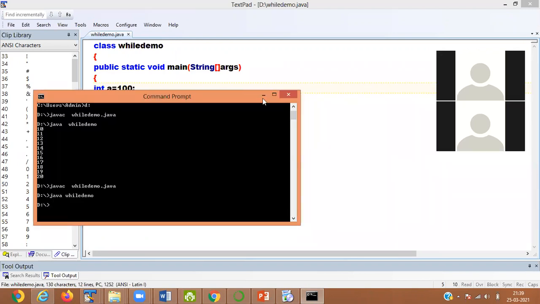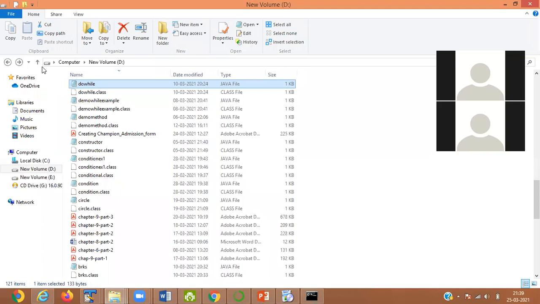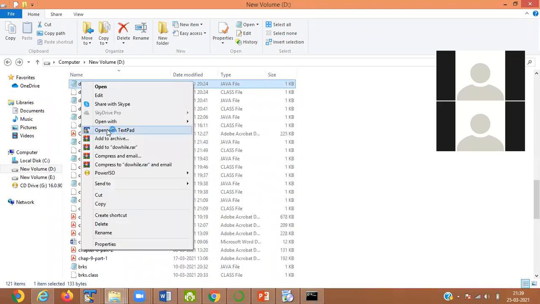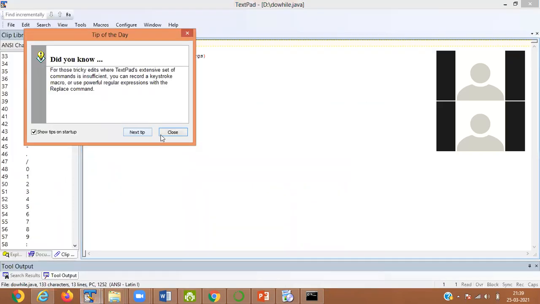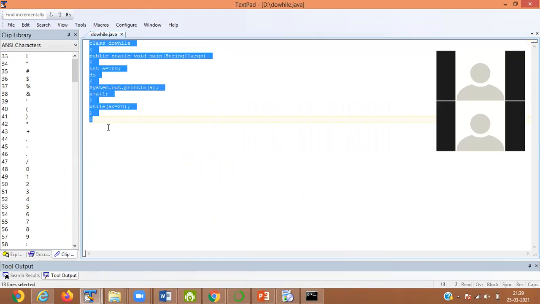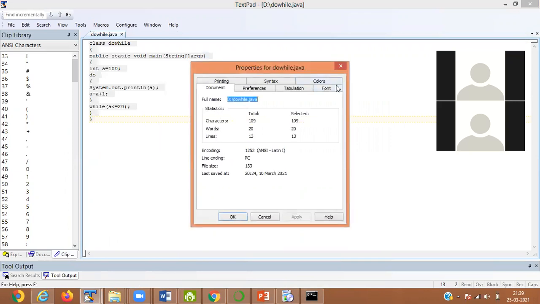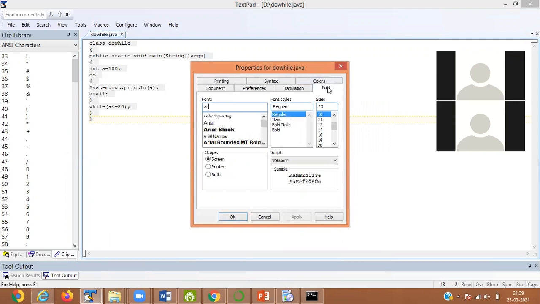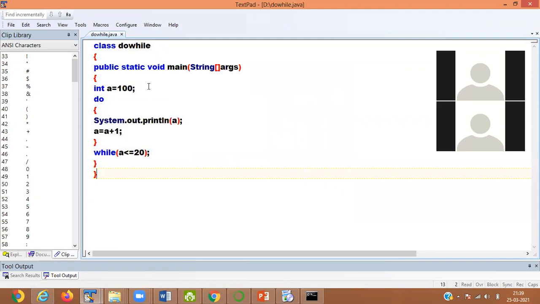But when I go for do while loop, then what happens? Check here. int a equals to 100.